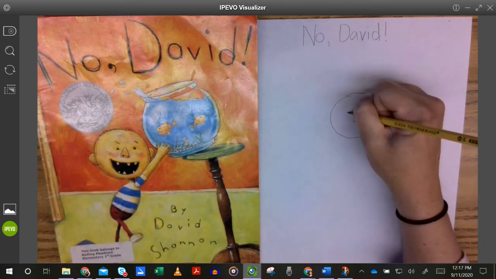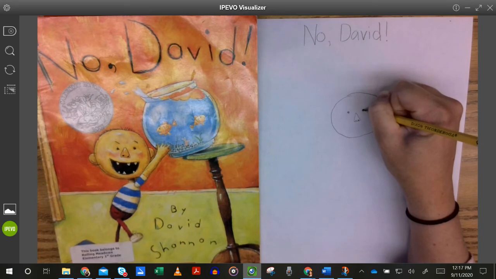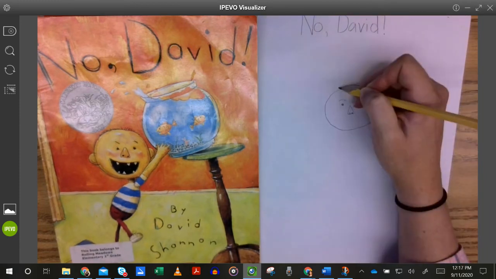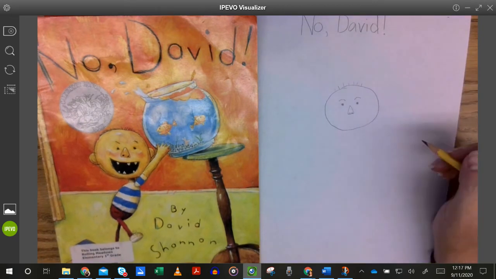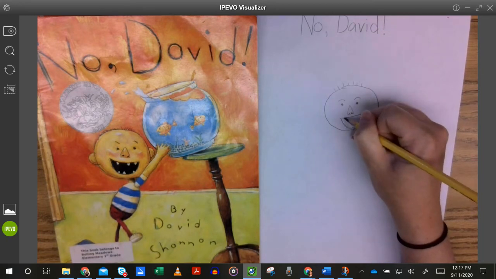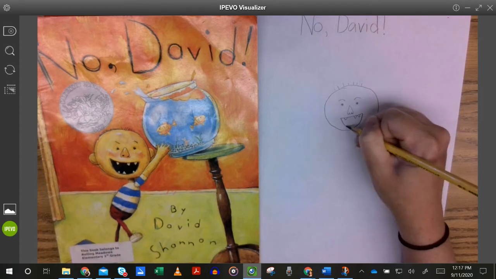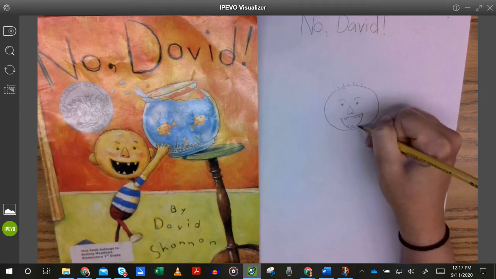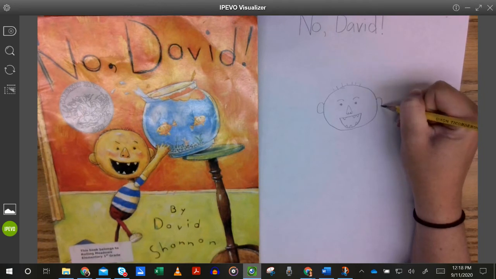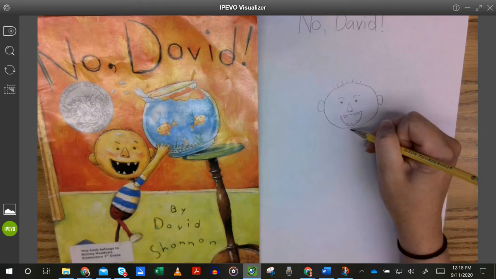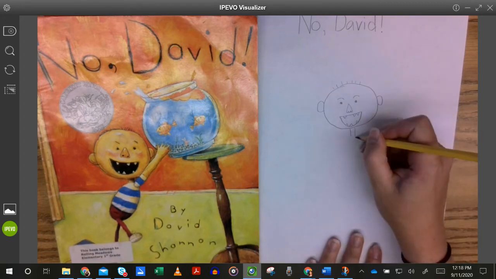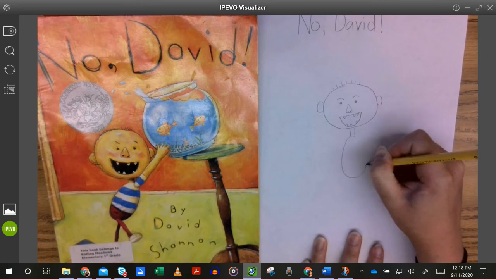Okay. He just has bigger dots for his eyes and eyebrows. He only has a few little hairs, so we'll just do a few hairs up there. And he has a great big mouth, and he just has a few pointy teeth. We put a C on each side of his head for his ears. Two little lines coming down for his neck. His body is an oval,